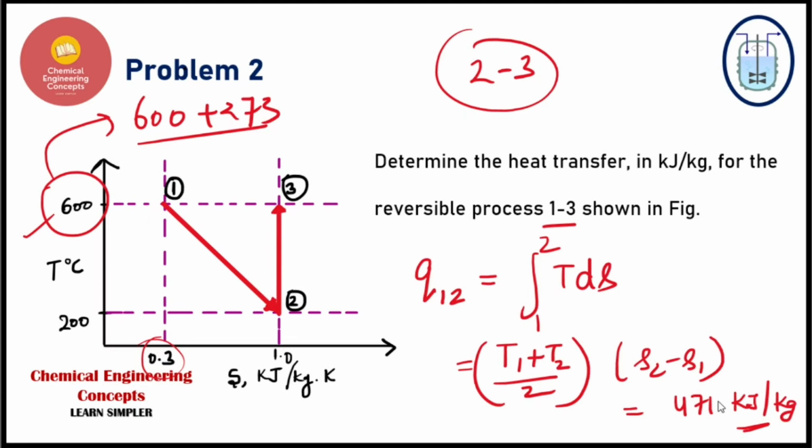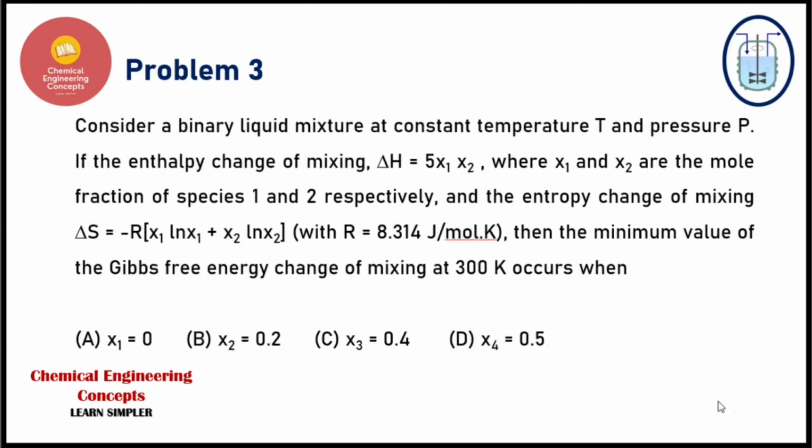So guys, this was our problem number 2 and let's see our last problem for the day, that is problem number 3. Okay, so in this amazing problem, this is a previous year's problem from GATE chemical engineering, right? The problem says that we have to consider a binary liquid mixture at constant temperature T and pressure P. If the enthalpy change of mixing is given to be delta H equal to 5 x1 x2, where x1 and x2 are the mole fractions of species 1 and 2 respectively,